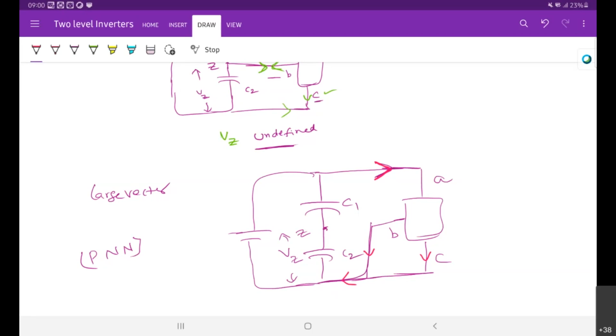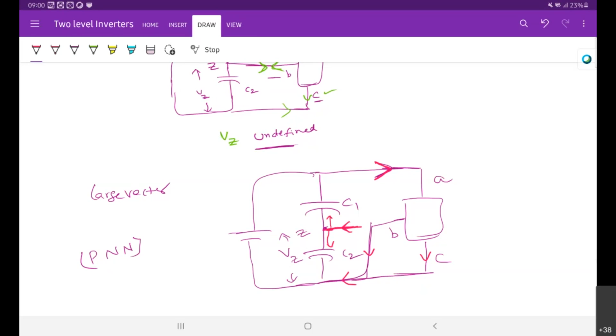Clear? So there is no current flowing through this one. When there is a current flow in this one, only then will the problem occur. Either the current flows in this direction or in this direction, so then only this VZ will vary. If the current is flowing inside the bottom capacitor or the upper capacitor, then only the neutral point